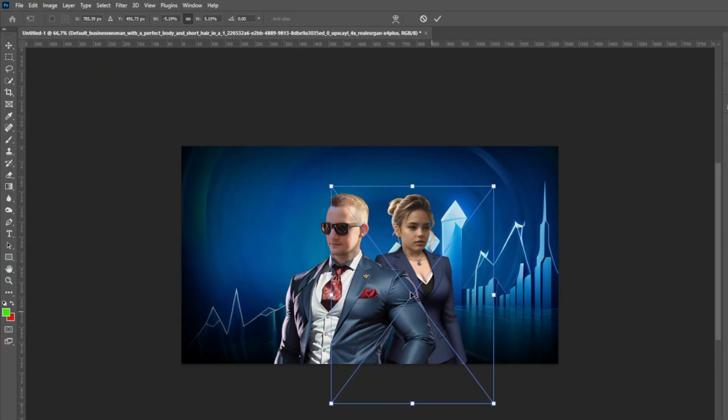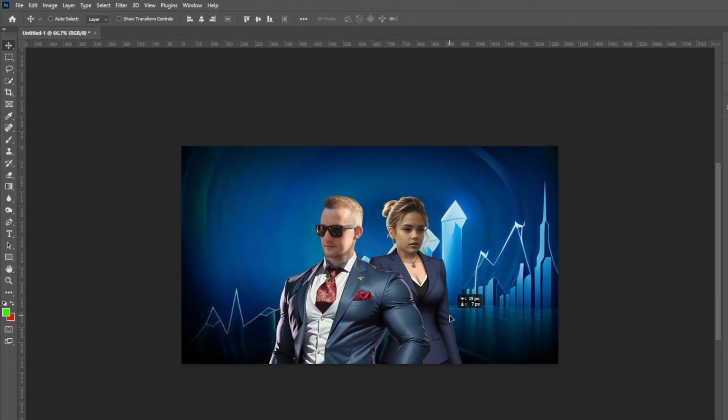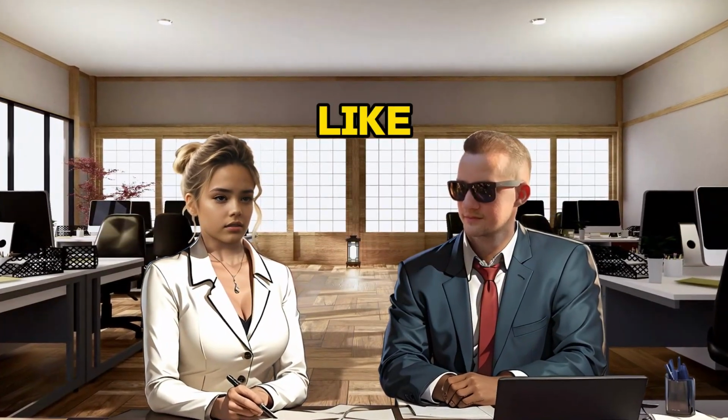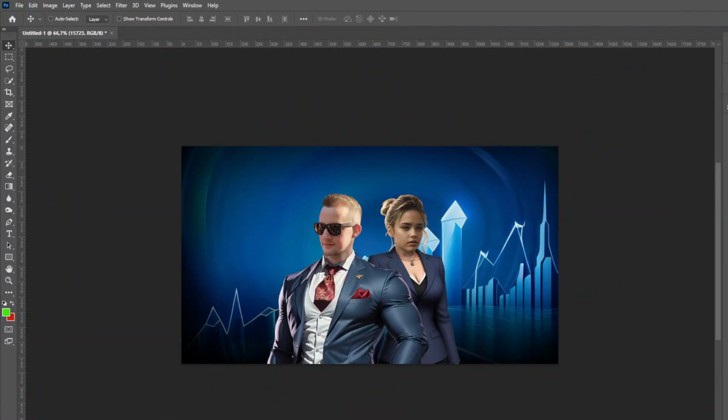Finally, click on the Select option from the left-hand side panel. It's the topmost icon, to align both the male and female figures on the blue background. And you are almost there. Now, like a blockbuster movie poster, let's make the stars, in this case our male and female figures, the center of attention only.